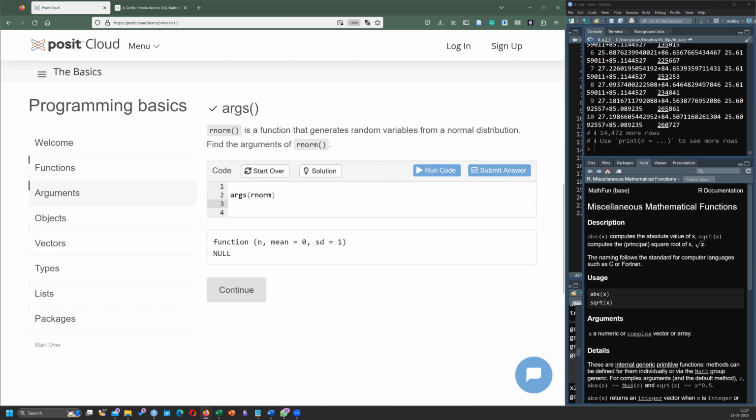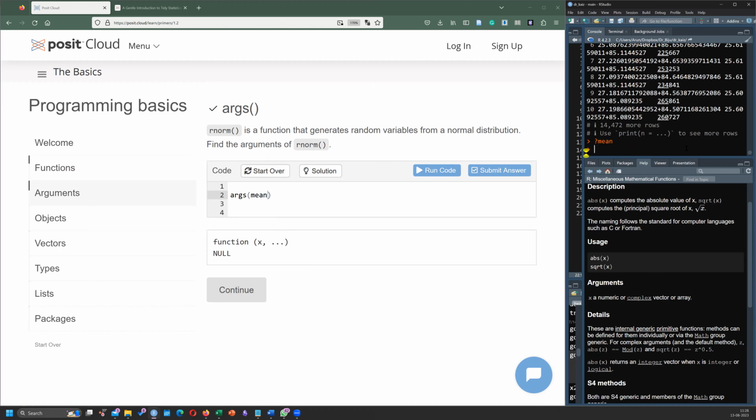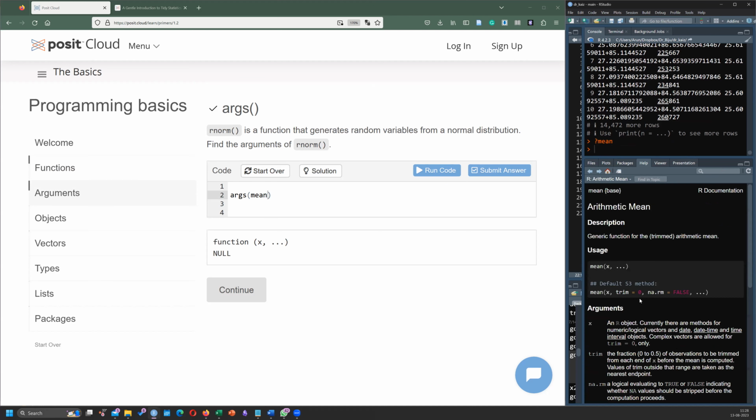Even here, in that case, we can write rsqrt. It's taking x. So if you see, argument x is coming here. Anyway, can we look at mean? Mean is taking x. Anything else? So let us look at the mean function help. Arithmetic mean. So mean is taking the same, right? Whatever is there within that function.